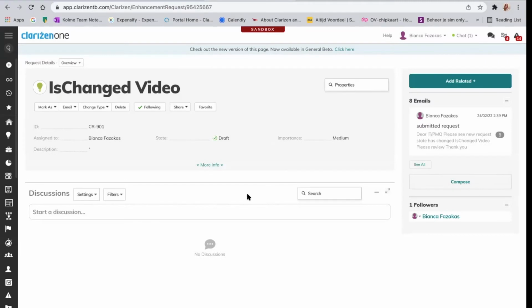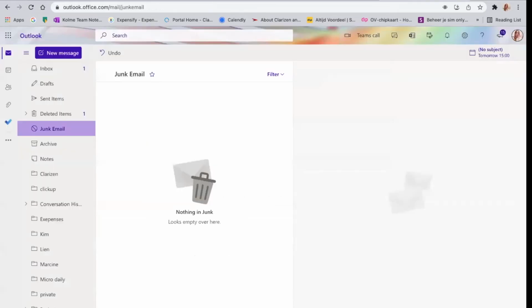With that, let us jump into some examples. I've created 2 examples using the IsChanged functions. The first one is within a workflow rule. The aim here is when you change the state, an email will be triggered to a certain team or profile within this rule. So as you can see, the current request, the state is in draft. But if I go and change it to submitted, an email is triggered